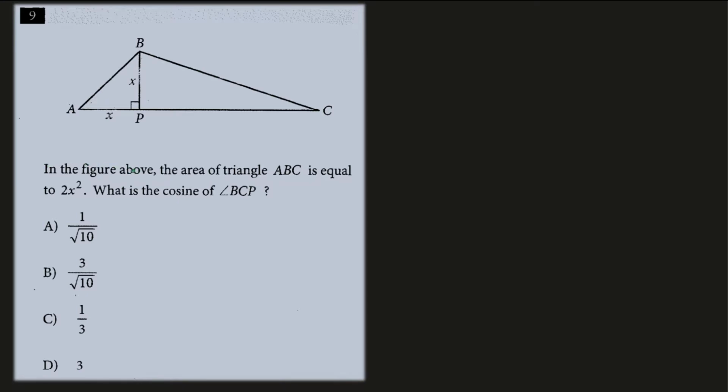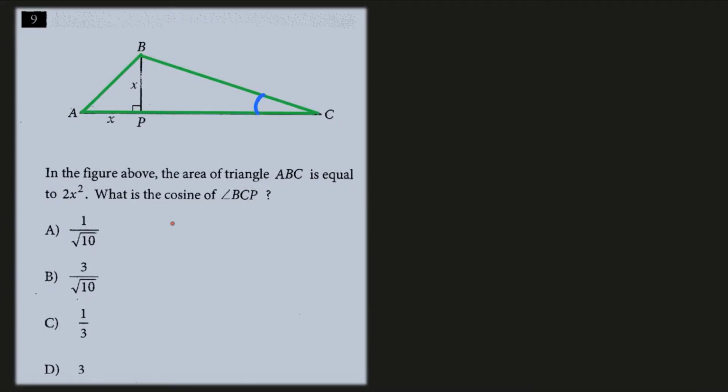In the figure above, the area of triangle ABC, so we're looking at this entire triangle, is equal to 2x squared. What is the cosine of angle BCP? So we would be looking at this angle right here. The overall goal of this question is to find the cosine of angle BCP, and to do so, we first